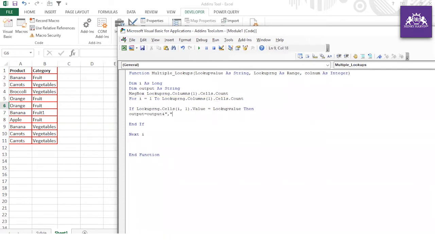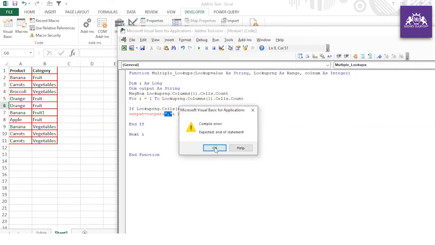I want all the values to be separated by comma, and then you write lookup RNG dot cells I comma col num dot value.